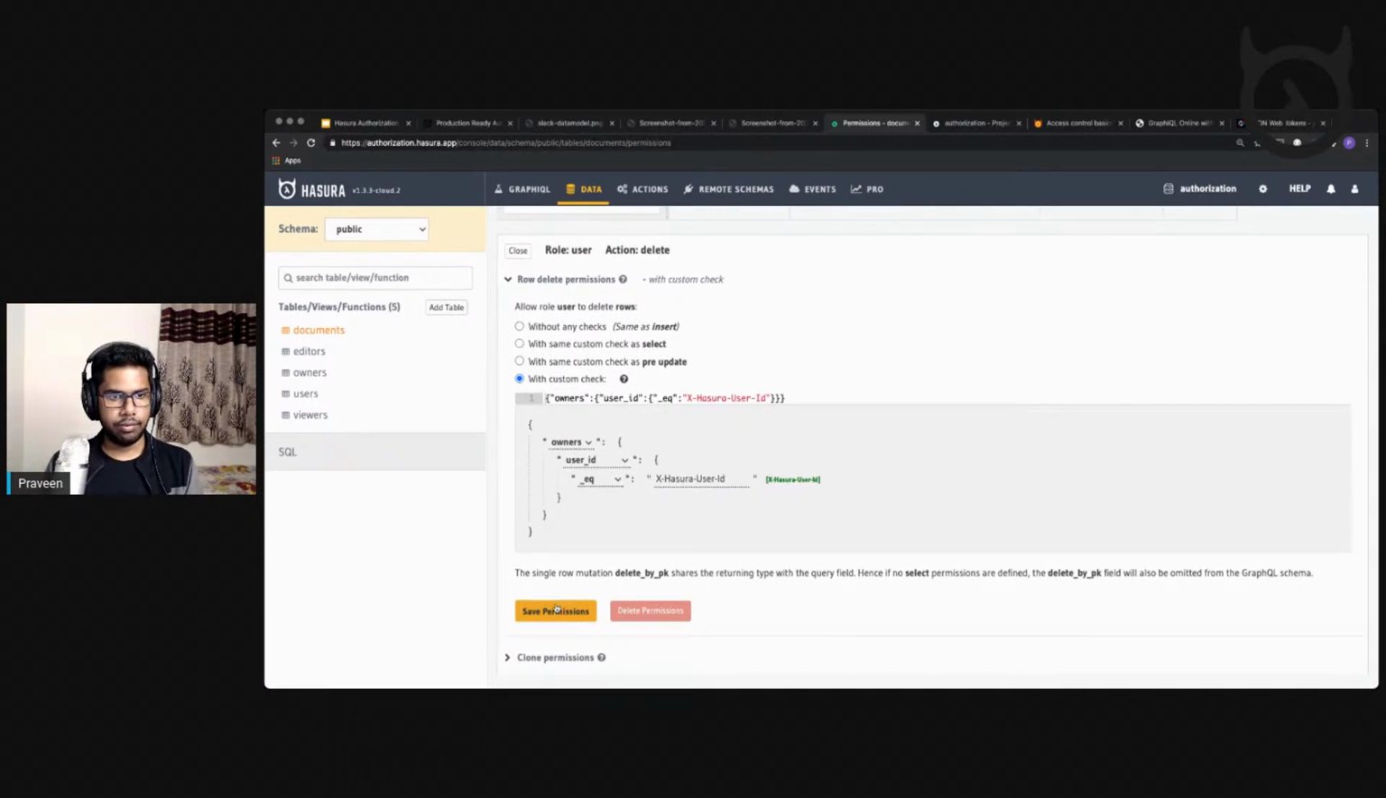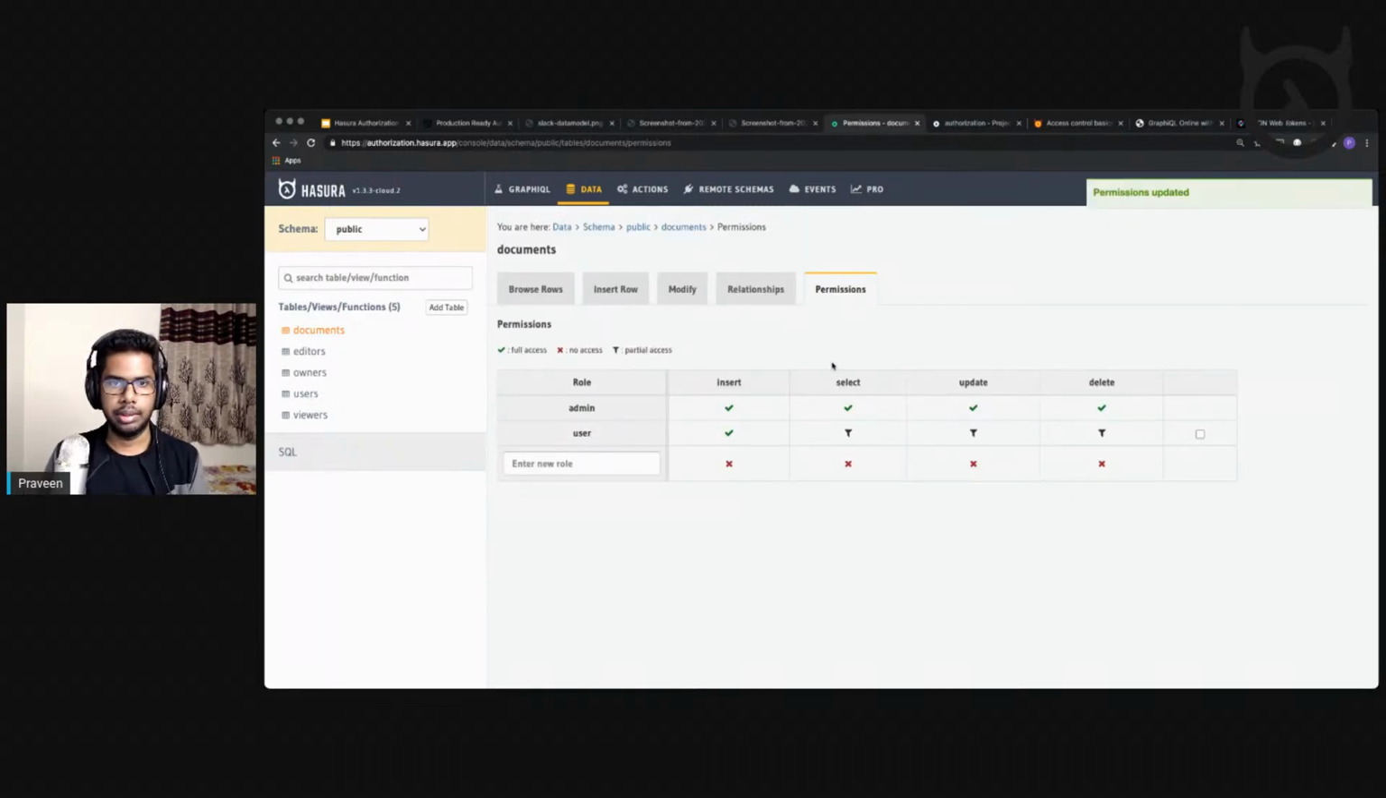Cool. So I'm going to save permission. There's no column to select for delete. Delete happens. It just happens, right? So I delete. I have configured permissions for delete, and